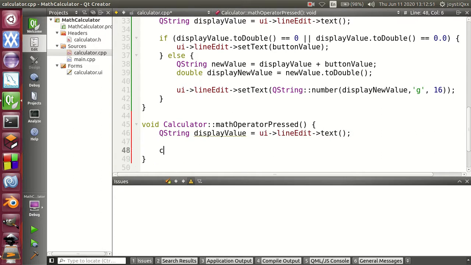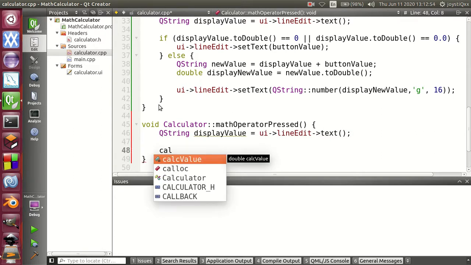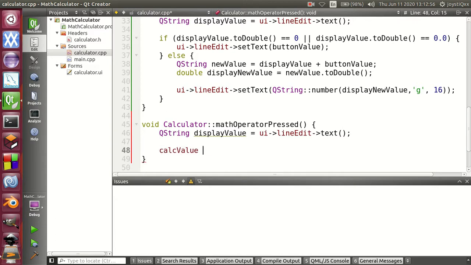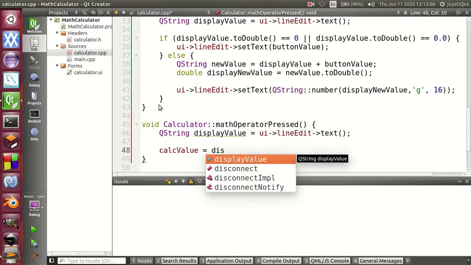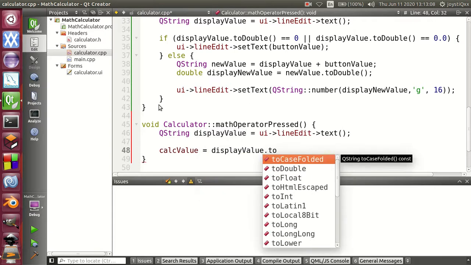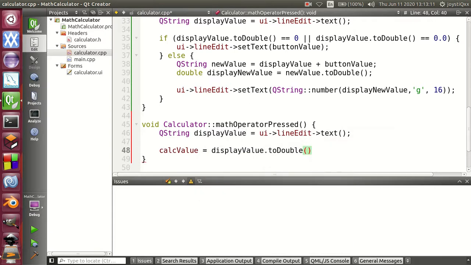Once you have that, let's now get the calcValue defined in the calculator.h file, and let's store this display value inside there. So just say display value, and I'll change it to a double, and now we have it. We have the number. For example, we wanted to do 1 plus 1, so we get 1 and store it in calcValue. So once we have that, you can go ahead and now get the next button that will be